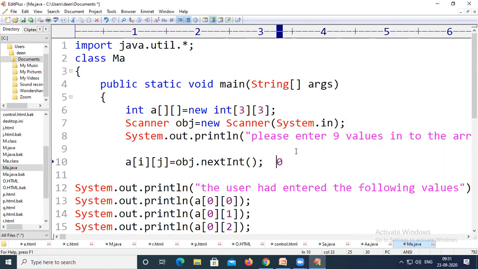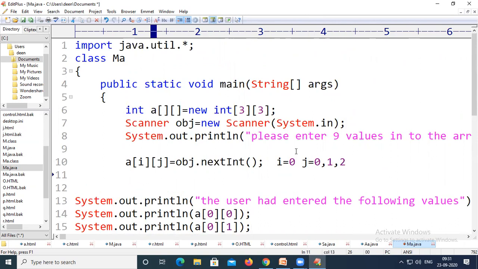And we need to keep the i value as 0, and then we need to change the j value 0, 1 and 2. When j reaches 3, we need to have an i value of 1. Whenever the i value is 1, again we need to maintain j equal to 0, j equal to 1 and j equal to 2.